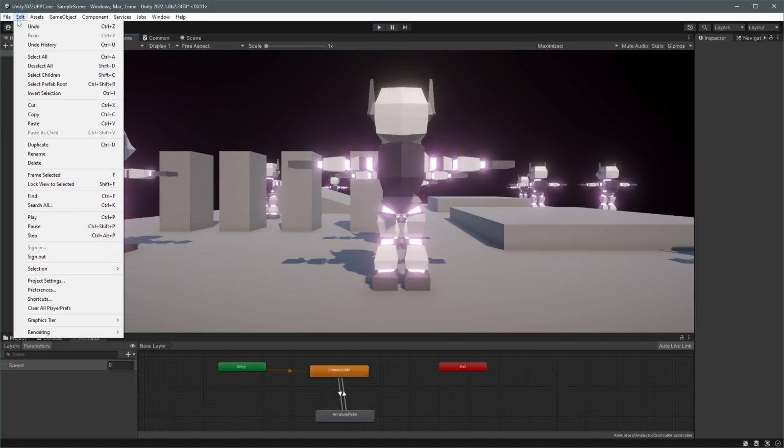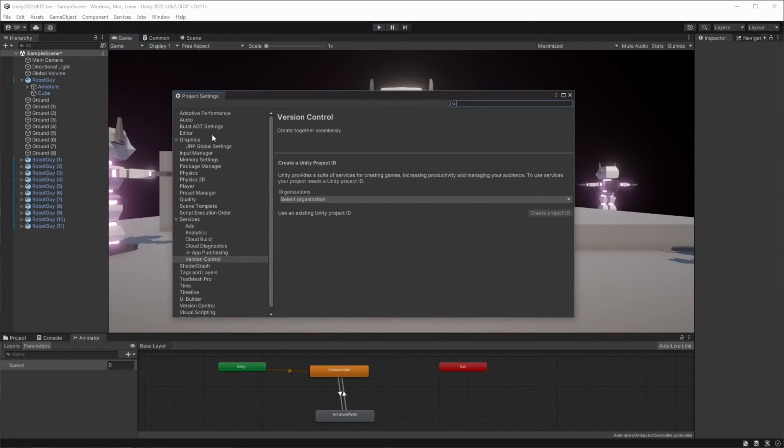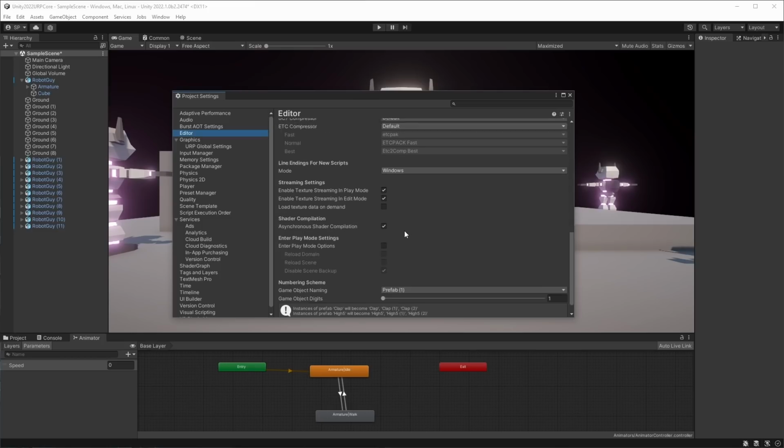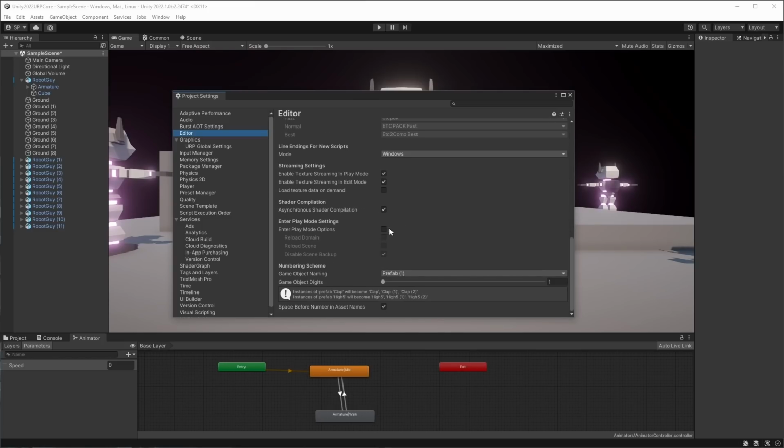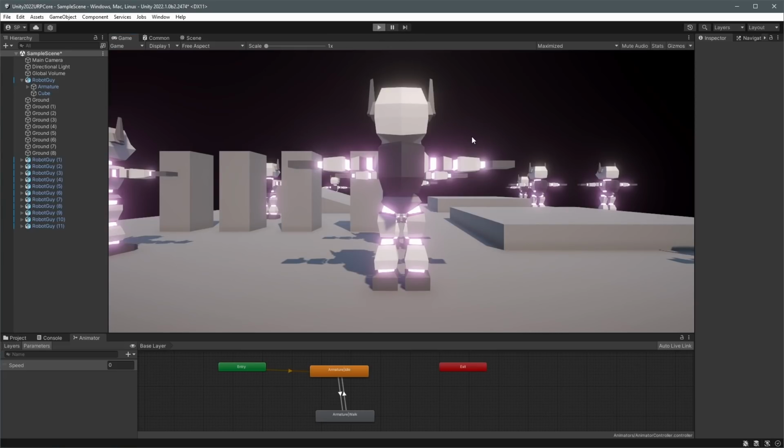Every time you press play and start and stop the game, it's a little bit slow, I think. You can go into the editor setting and click this little enter play mode options, and that way you can temporarily at least disable the reload of the domain and the scene, and disable the backup if you want to go fast in and out. So when you press play now,